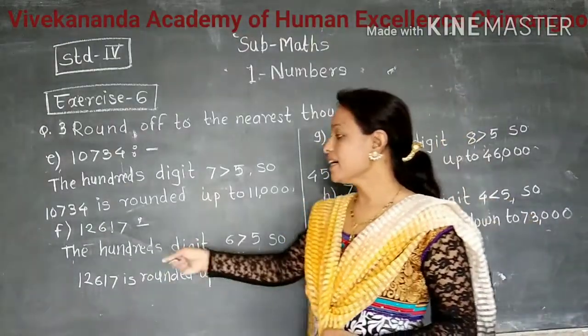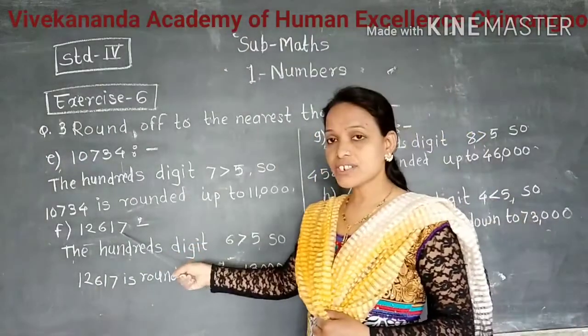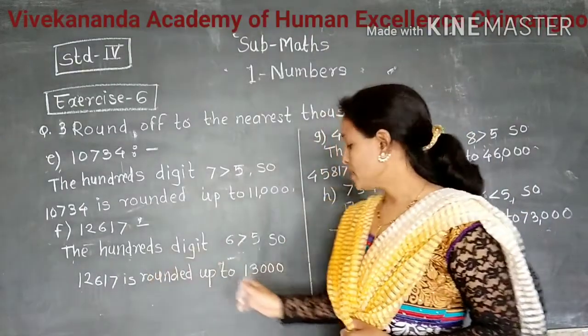12,617. Here the hundreds digit is 6, which is greater than 5. So the ones digit 7 replaced by 0, tens digit 1 replaced by 0,